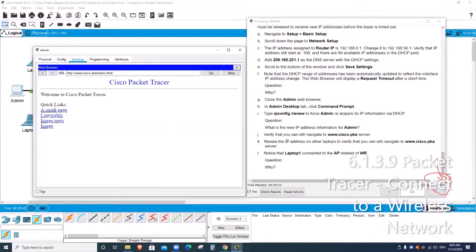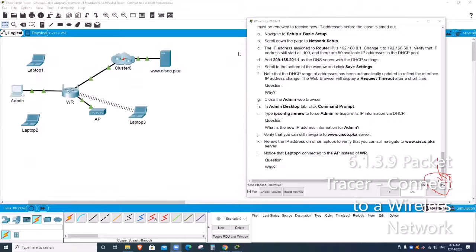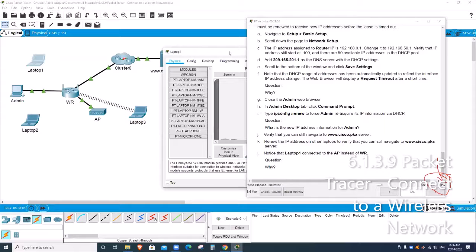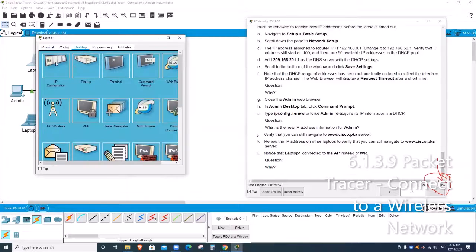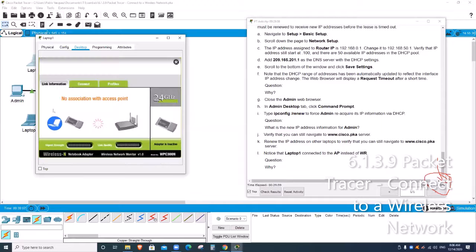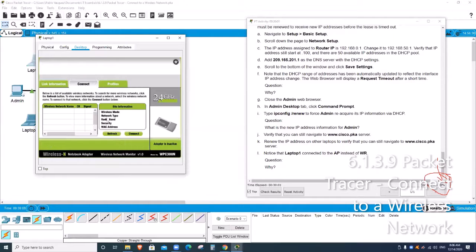So the next thing it says is renew the IP address on other laptops to verify that you can still navigate to Cisco PK. Notice the laptop 1 connected to IP instead of a WR. Question why? Let me check that. Let me close this. Okay, laptop 1 is not even connected, so I have to connect it. At one point, it probably told me to connect them, so I'm gonna connect them now. I go into desktop, PC wireless, connect, wait for that thing to